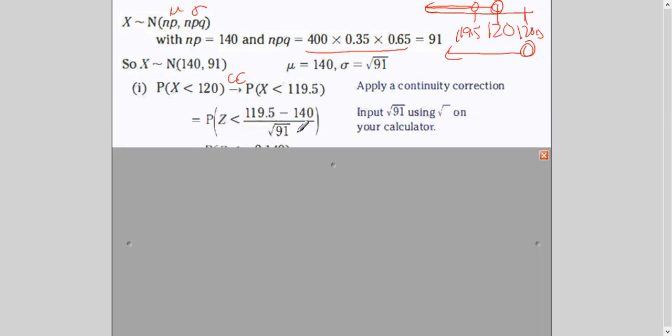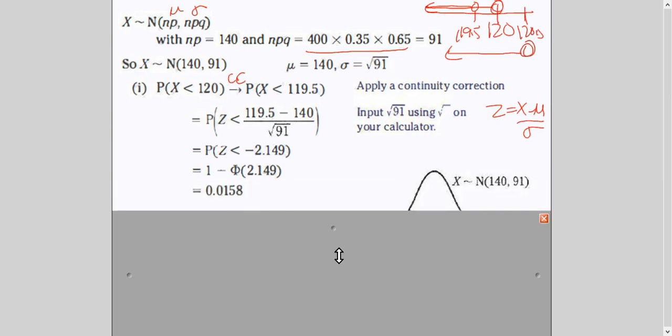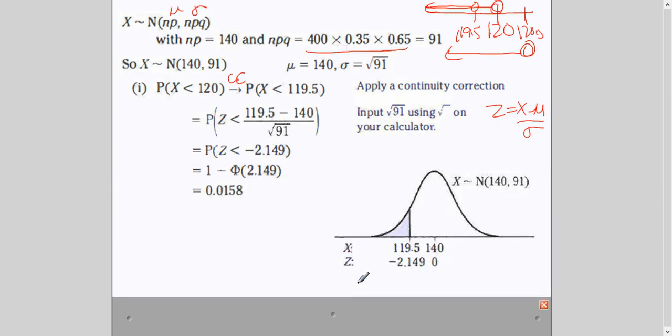And then, in the previous video, we saw how to change the x variable into standardized form. We apply the formula z equals x minus mu over standard deviation, we get the value of z, and then we calculate the probability. We have seen all this in detail in the previous video. In this video, we are only focusing on how to apply normal approximation for the binomial distribution.